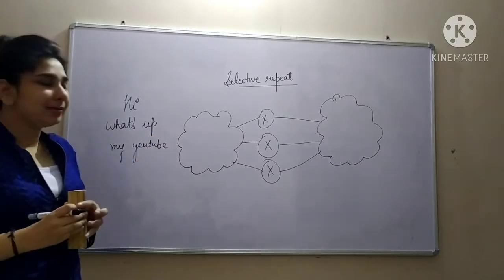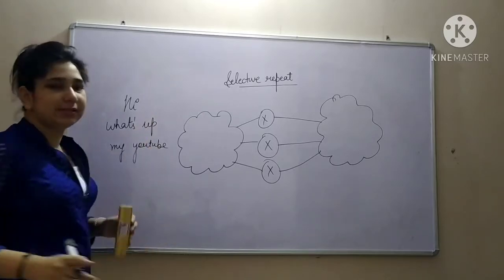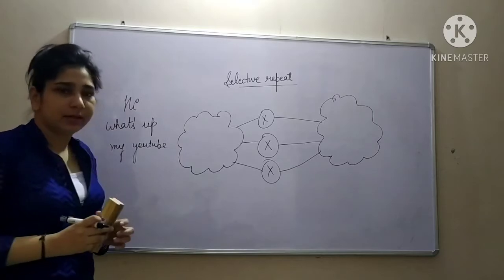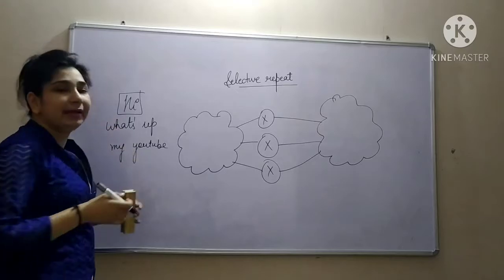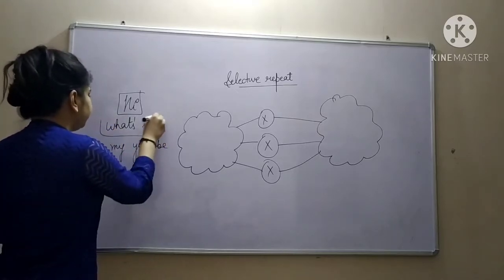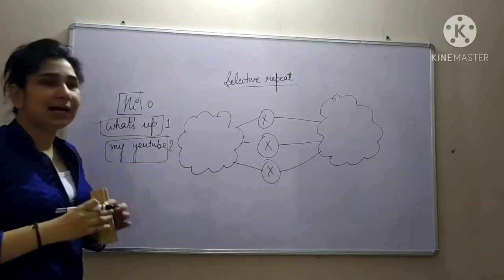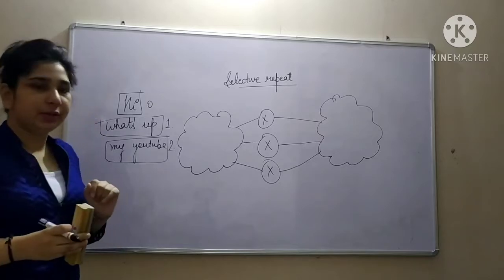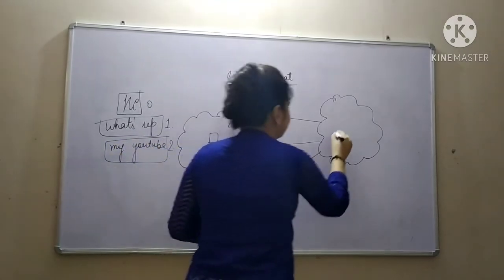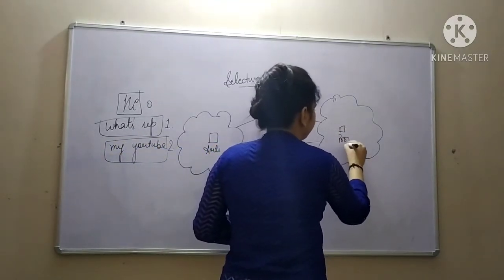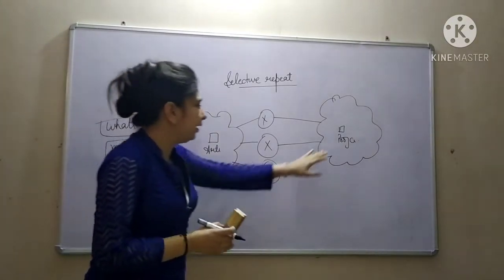These are actually three messages which I am sending to my friend Pooja, and all these three messages are basically three packets. So each packet is given a sequence number, 0, 1 and 2. So these are the three packets having numbers 0, 1 and 2. So this is my device, and this is the device of my friend Pooja. I want to send these three messages on WhatsApp to my friend Pooja.